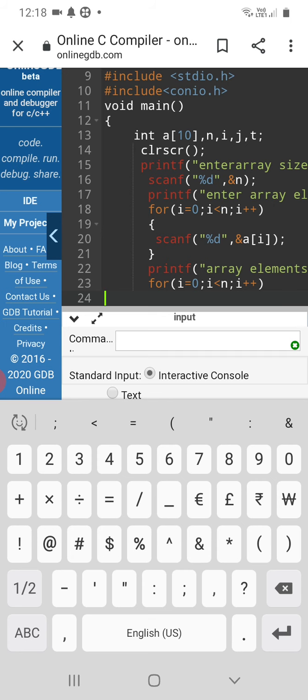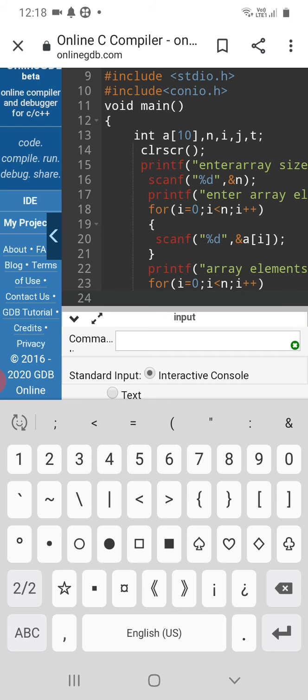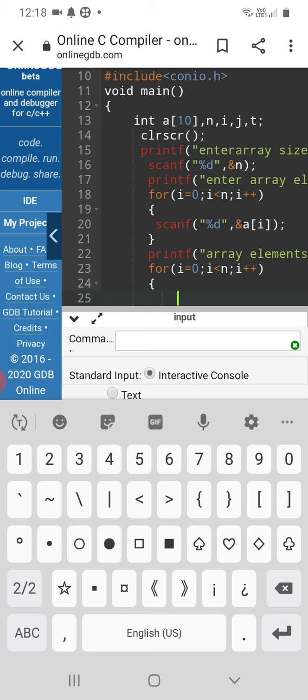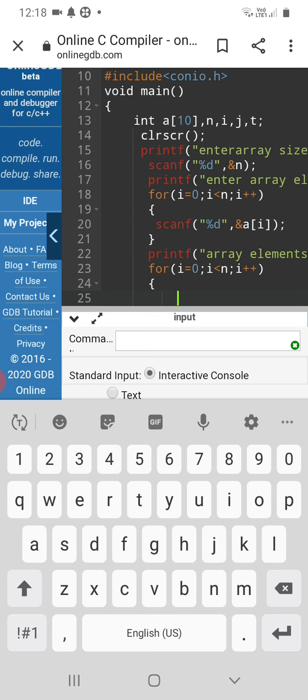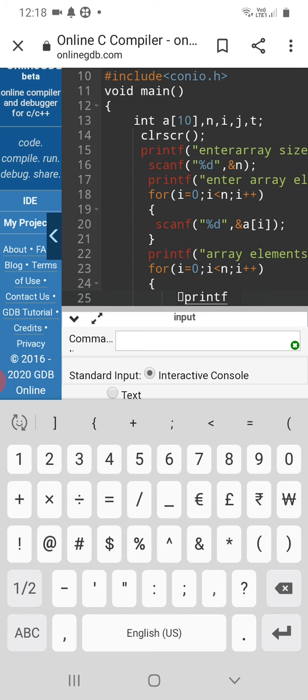Next, use open brace. Use printf statement for printing the array elements a[i]. Printf, specify percentage d, because int is the default, use percentage d.